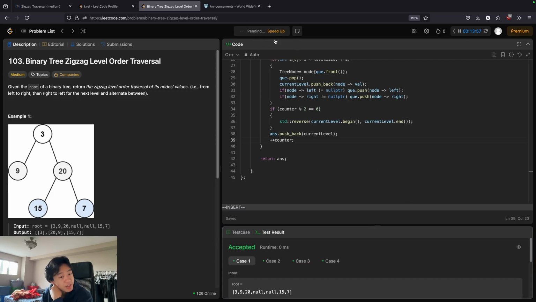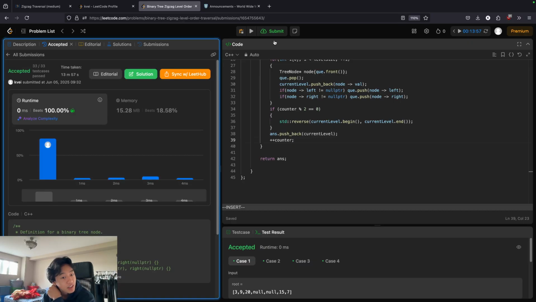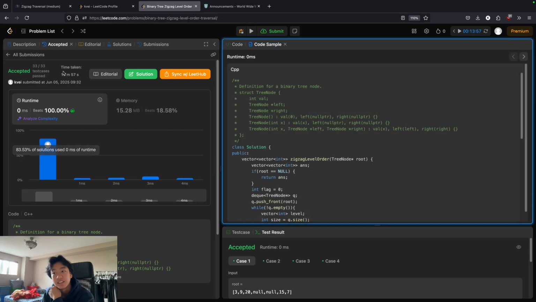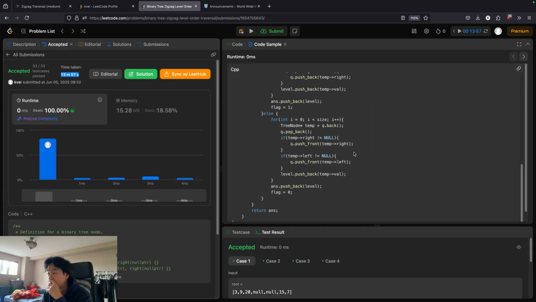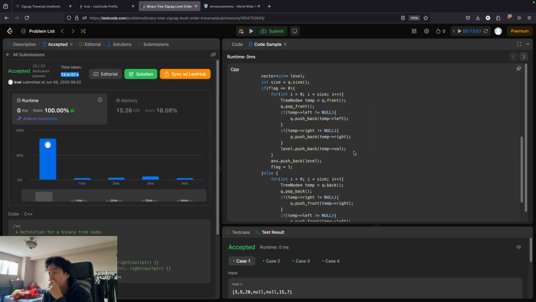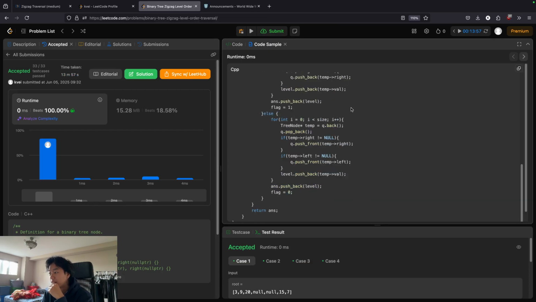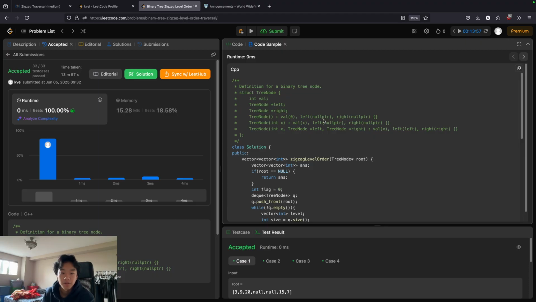Well, this one's kind of embarrassing. It took me a little too long to get the last thing, but at least I did it under 15 minutes, leaving me 15 more for the other question. Who knows? Whoa. Look, yeah, this guy has that flag, and then instead of pushing the left one first, we push the right one first instead. Each time, instead of just reversing the whole thing. So technically mine is less